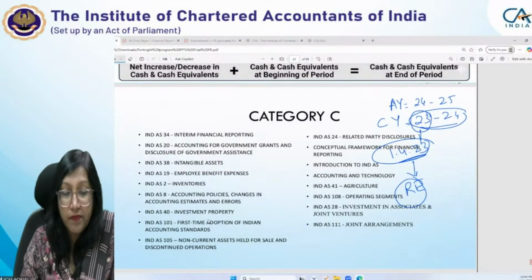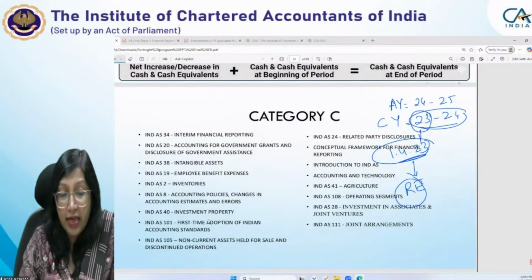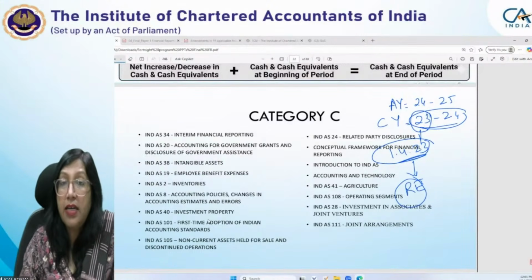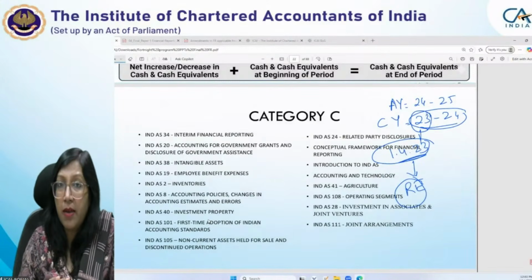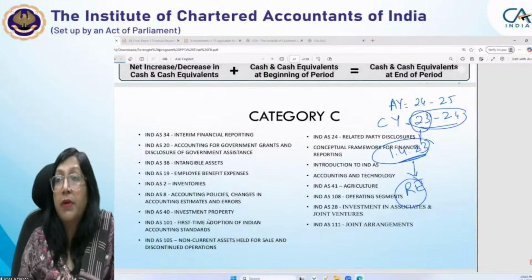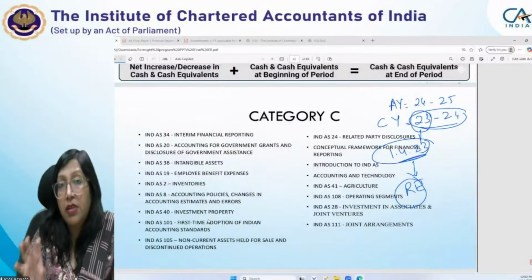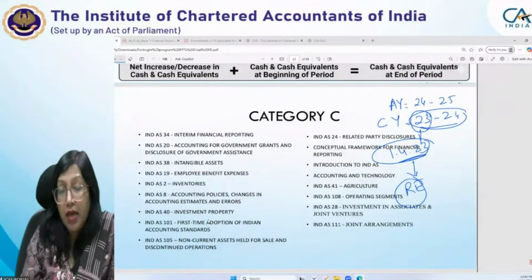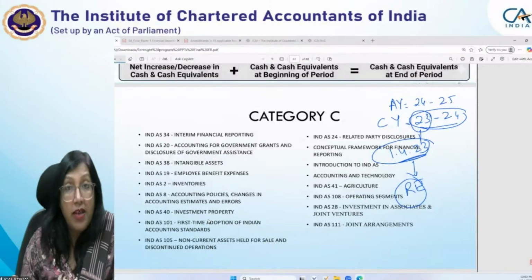मैंने मोटा मोटा बताया था, फिर भी लेट मी जस्ट गो थ्रू दैट। इन्वेस्टमेंट प्रॉपर्टी के बाद इंड एएस 101 फर्स्ट टाइम अडॉप्शन ऑफ इंडियन अकाउंटिंग स्टैंडर्ड। इसमें आपके कुछ क्वेश्चंस हैं जो सिमिलर नेचर के आते हैं, जैसे शेयर बेस्ड पेमेंट का अकाउंट अगर आपका एग्जिस्ट कर रहा है ट्रांजिशन पीरियड पे, तो आप क्या अकाउंटिंग करोगे। बेसिकली क्या रिक्लासिफिकेशन हो रहा है, रिकंसिलेशन का एक कॉन्सेप्ट है इसमें, कि जब आप ट्रांजिशन करते हैं तो आपको रिकंसिलेशन भी दिखाना होता है, दैट इज वेरी इंपॉर्टेंट, ये आप यहाँ पे देख सकते हैं, ठीक है। इंड एएस 105 में आपकी दो बार वैल्यूएशन होती है, जब आप इसको पीपीई से नॉन-करंट एसेट हेल्ड फॉर सेल में मान लेते हो।